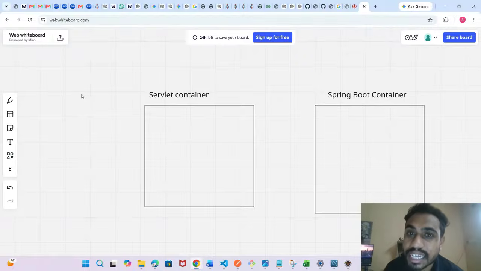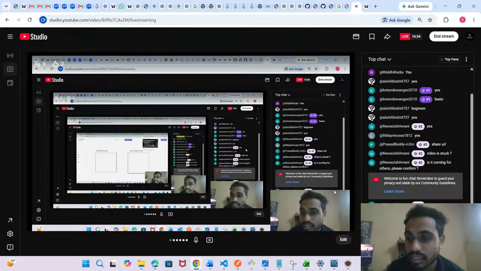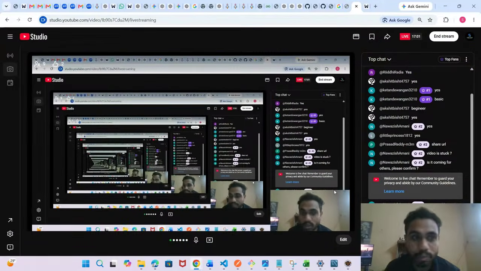Some servlet is there which will be acting like a frontline controller. Any idea, guys? Have you remembered? For a Spring Boot application, there is some servlet which acts like a frontline controller. Can you recollect that concept? Dispatcher servlet. Very good, Bindu. It is dispatcher servlet. Correct.